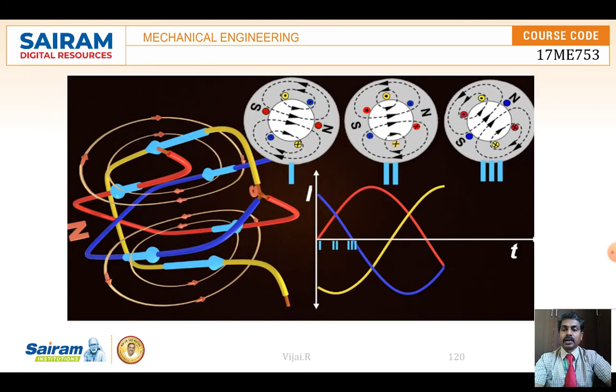Okay, let me show that. So you can see here also, this is the coil, the three-phase current supply coil is given, and it's a synchronous type.